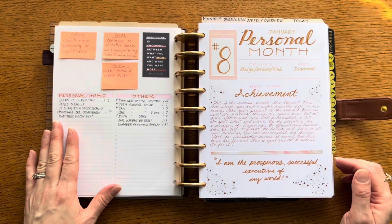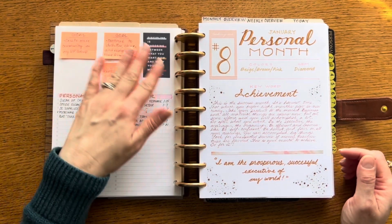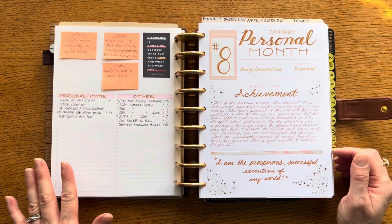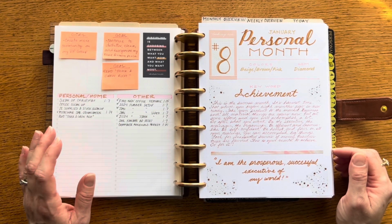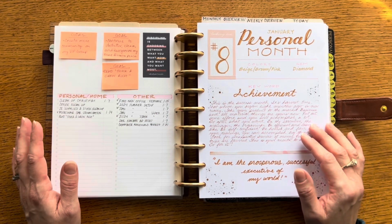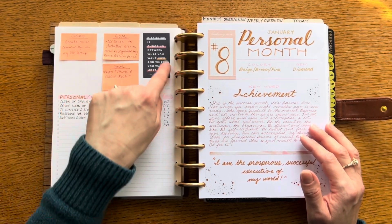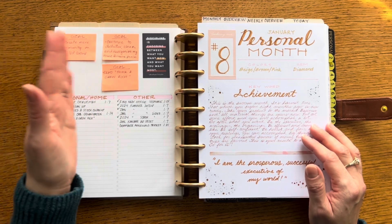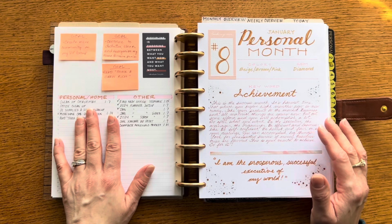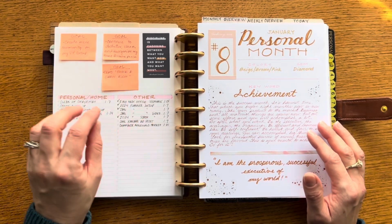And then on the back of this page is this sort of monthly recap page. You can use it for whatever you would want because it's very blank and open. I think what I'm going to do is take a suggestion from Jane at Jane's Agenda. She mentioned how she uses this upper section to evaluate how the month went once it's all over. So I think I'm going to keep up with this system where I have my goals on the sticky notes,